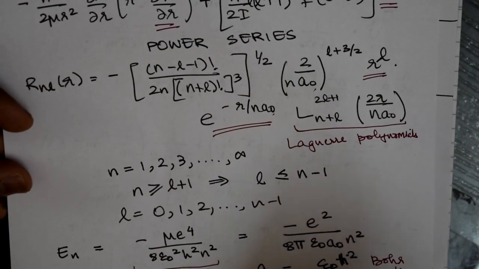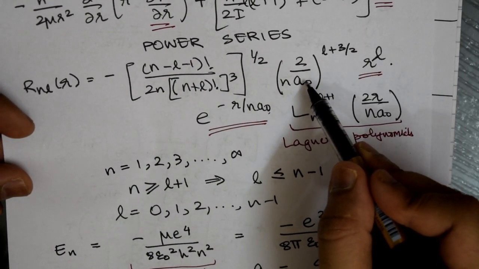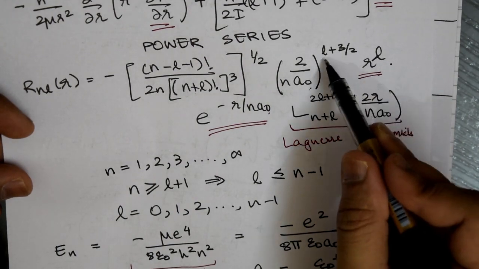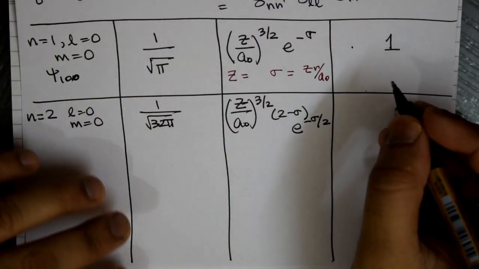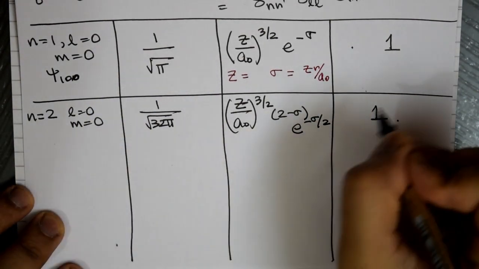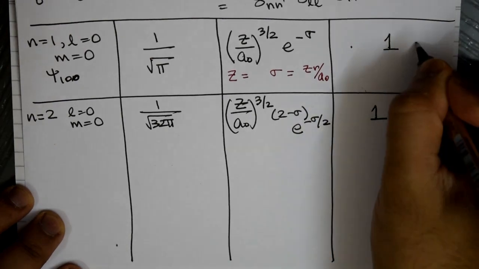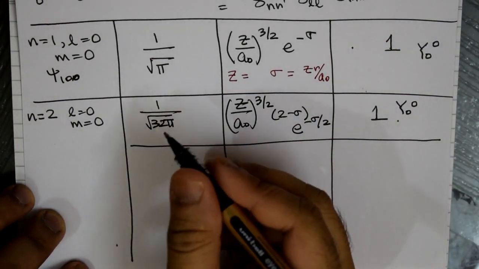If you remember the equation we wrote earlier, we had an R power L dependence. Now R by A naught is taken into a factor because there's a power L here. So therefore, this helps us simplify this equation. And what is the angular part? It still remains 1 because you have a Y00 here and a Y00 here. Okay, having seen this, let's go to the next equation.